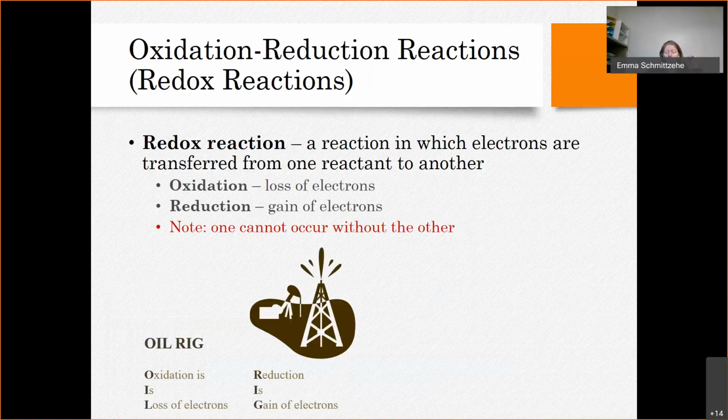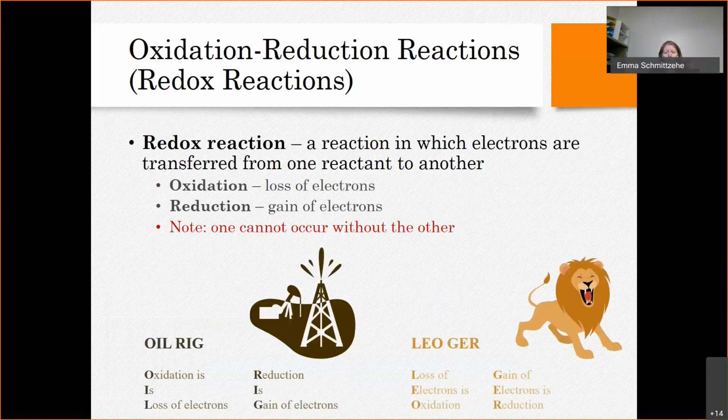If that helps, great. If not, you can ignore it. There's another one that you could use instead if you'd like. LEO says GER tells you loss of electrons is oxidation and gain of electrons is reduction. Okay, and so those are just two tools that you could use to kind of help you keep these things straight. Otherwise, you just need to know what oxidation is and what reduction is. Okay,